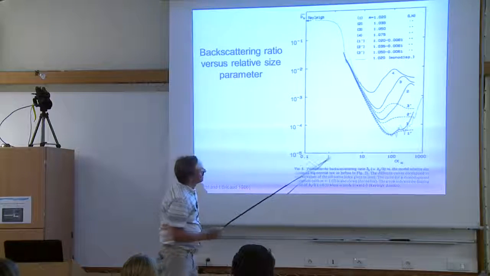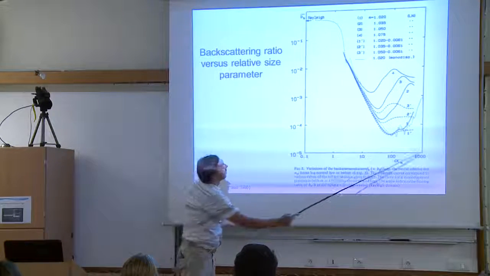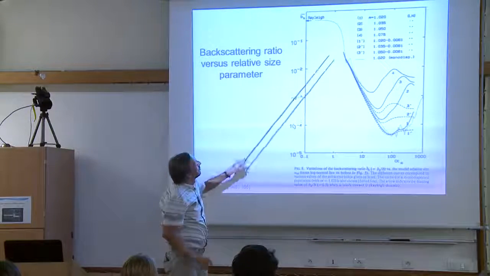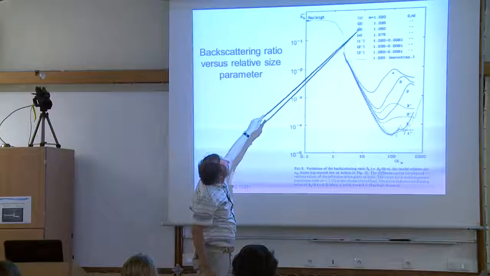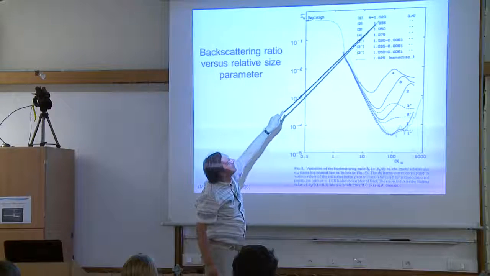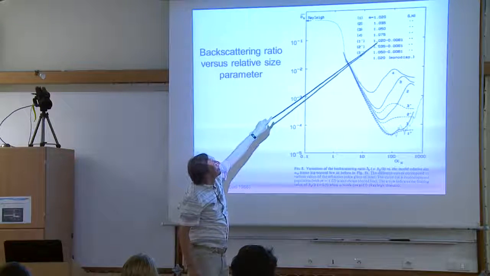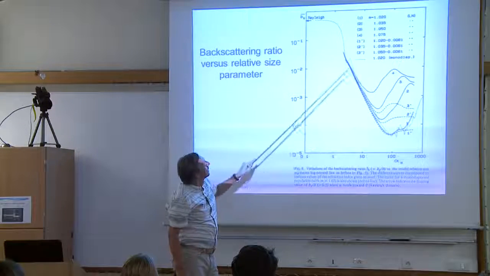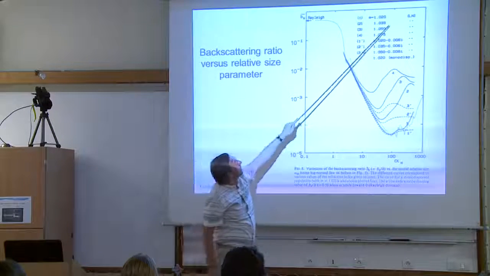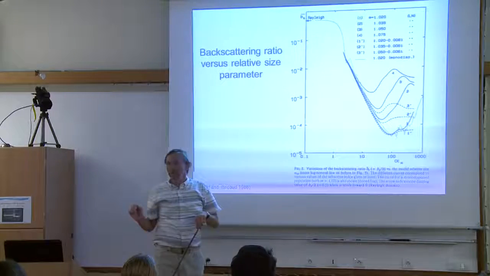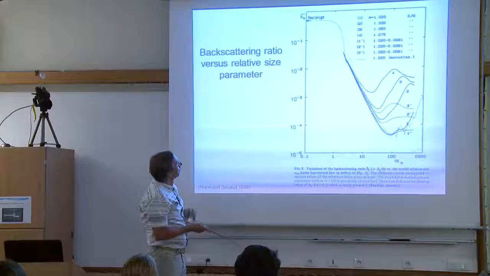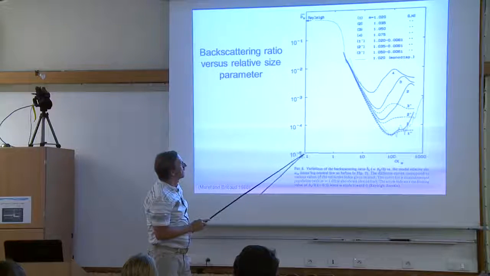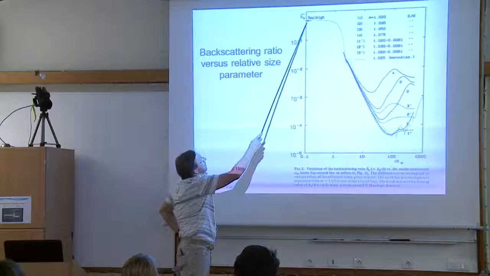Okay, so again, here we have alpha, just alpha, the size of the particle, and different particles are represented by different refractive index. So from 1 through 4, just the real part of refractive index, non-absorbing particles, and here the same real part of refractive index, but with absorption added. There's one example for a monodisperse system, but all of these are for some degree of polydispersity. And what you can see here is that in the limit of very small alpha, the backscattering ratio approaches the value of